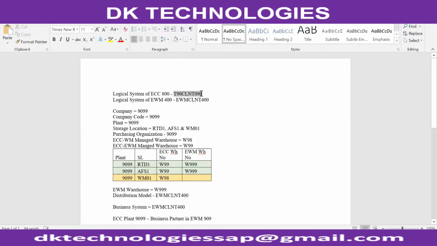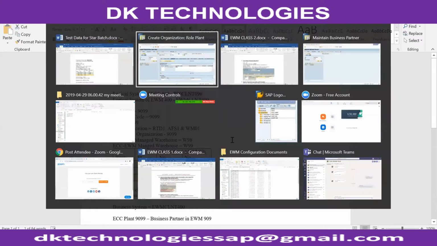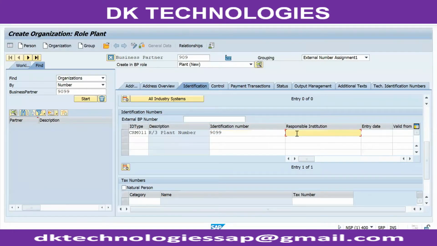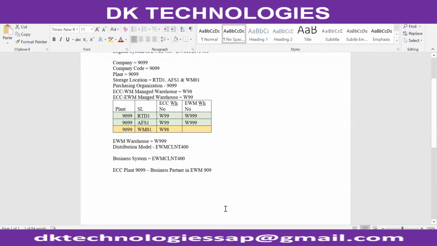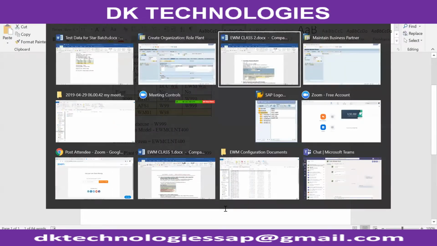Who is the responsible for this ECC plant? We have to give the system number here. System number, this one. Okay. Logical system here.